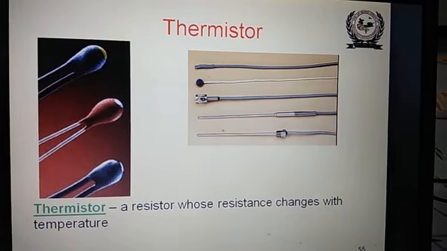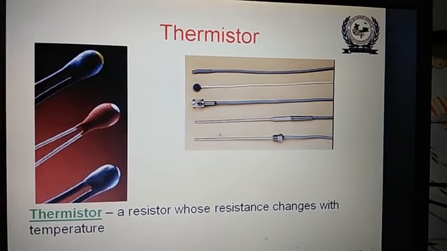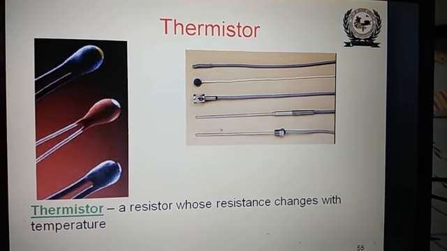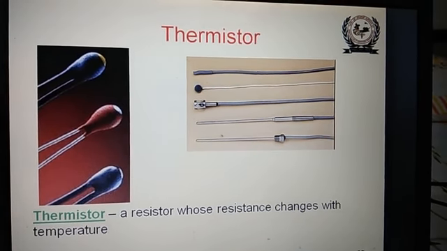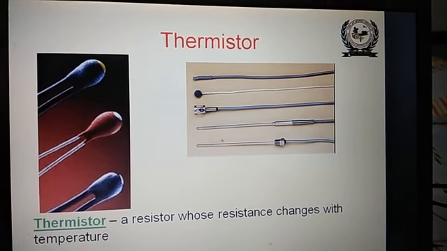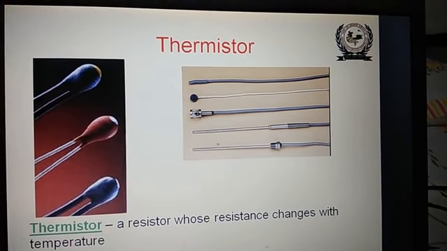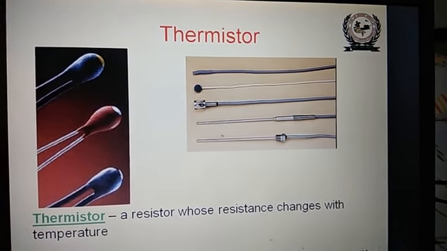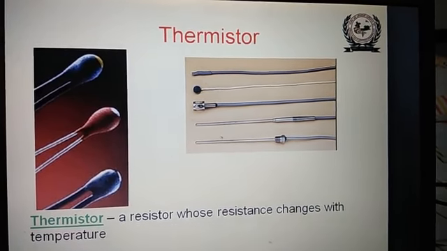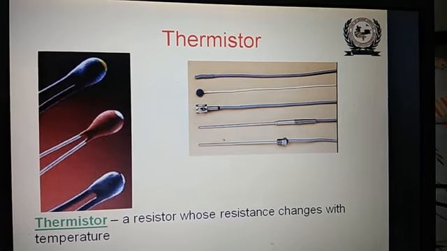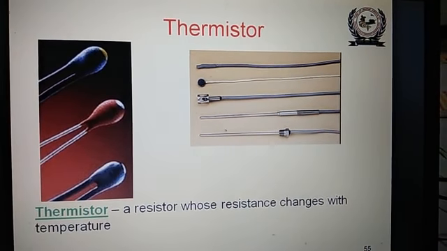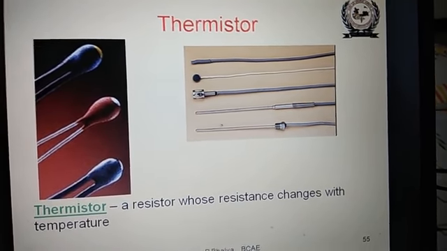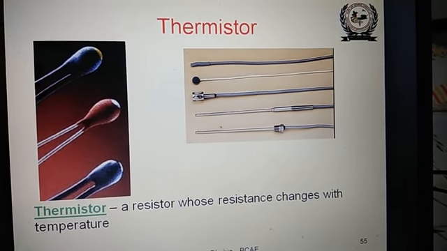Suppose in a bridge, unbalance can be caused if we connect this thermistor to one of the arms of the bridge, and the thermistor is kept in the hot body. Before the hot body, balance will be there in the bridge, and when this thermistor is applied to the hot body, the change in resistance will occur in the bridge, so unbalance will be caused, and this unbalance will produce the output voltage, and hence this output voltage will be proportional to the change in temperature.